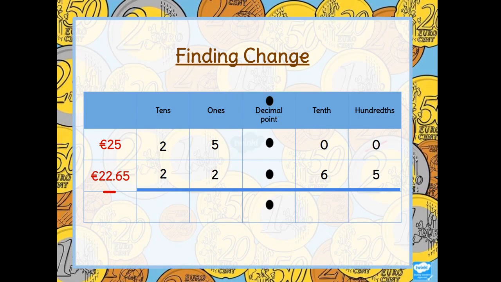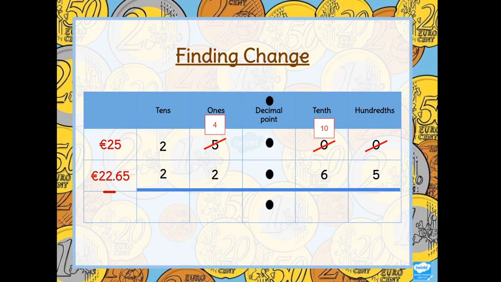You can't, so you need to borrow from the tenths. But the tenths don't have any, so the tenths have to borrow from the ones. So we take 1 from the ones, which will become 4, and then we add 10 to the tenths,